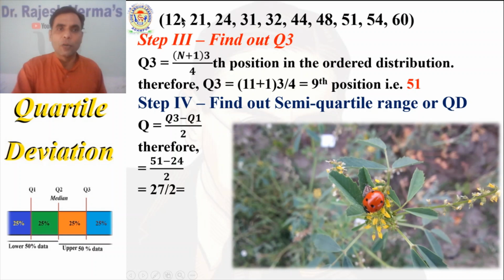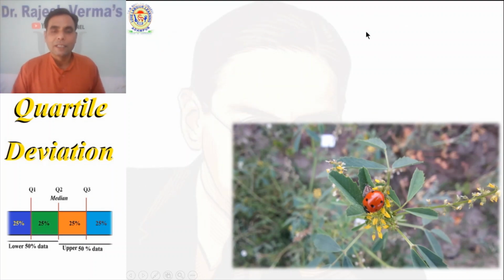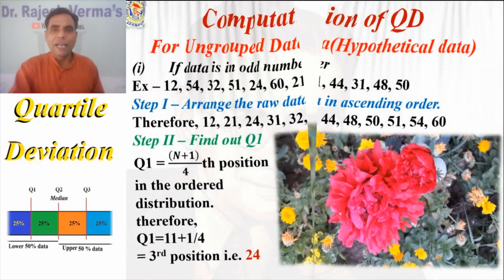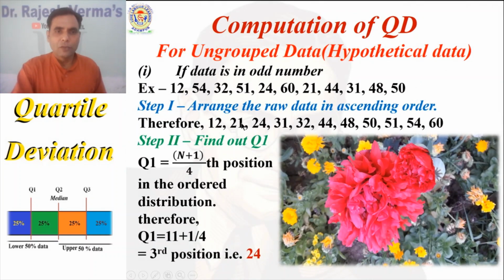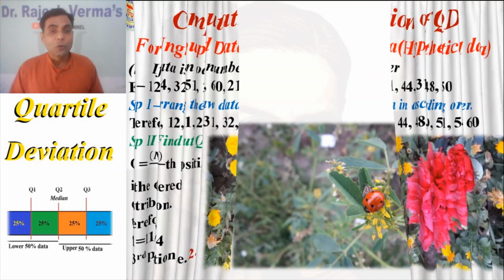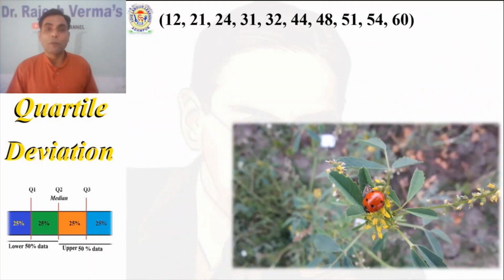This is your order distribution: 1, 2, 3, 4, 5, 6, 7, 8. Oh, I missed one data. But at the 9th position, let us move to the previous slide. In this slide, if you count 1, 2, 3, 4, 5, 6, 7, 8, and 9, this is the 51. 51 is the score which is placed at the 9th position. My dear friends, so Q3 is